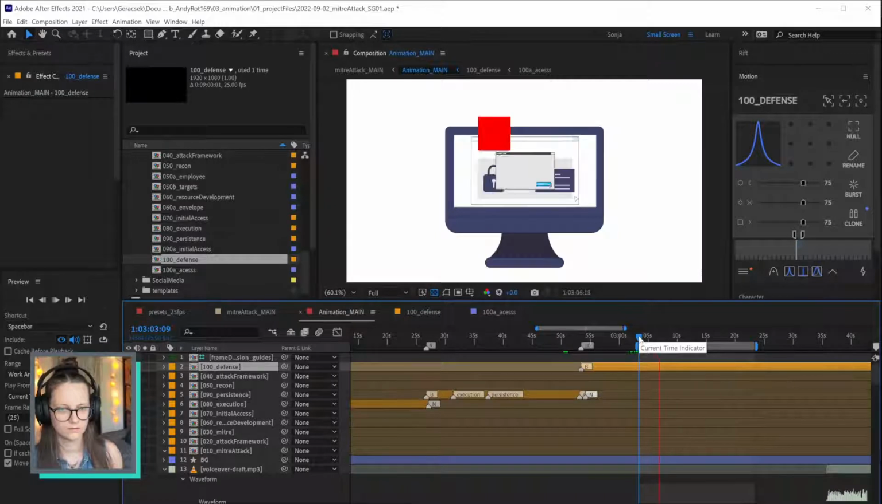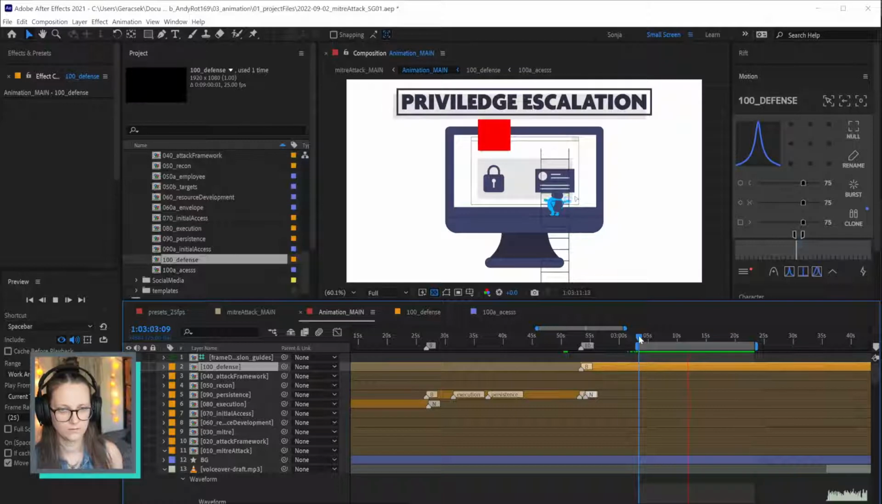Or to cover their tracks. Initial access is likely to only grant low-level permissions, so, as the name suggests, privilege escalation techniques allow an attacker to obtain